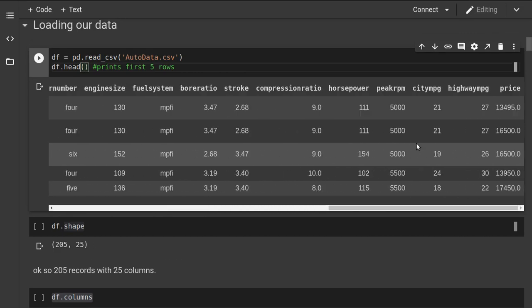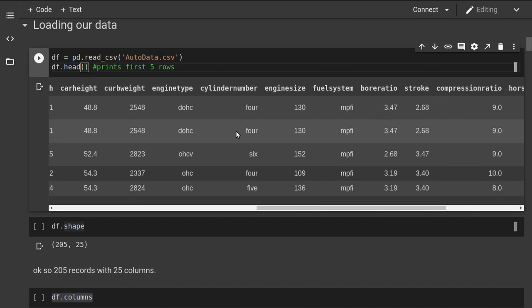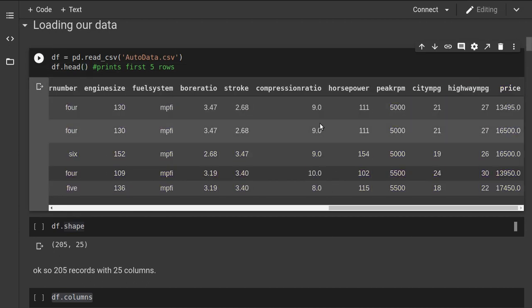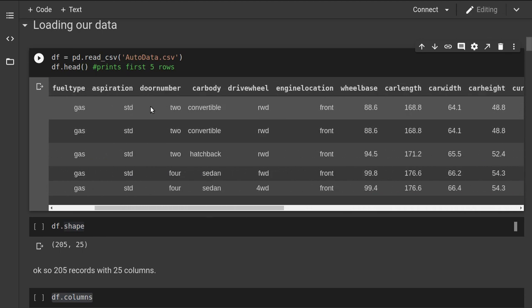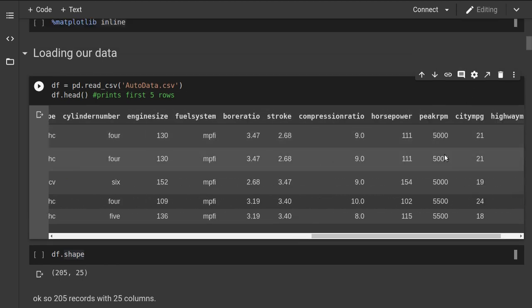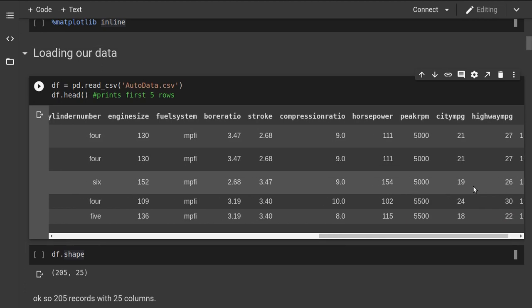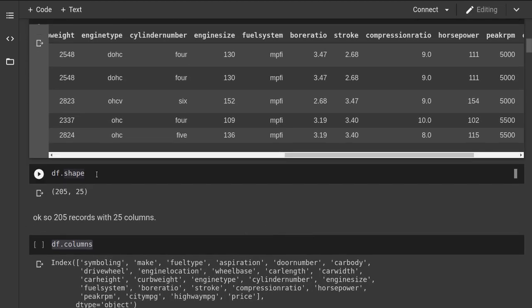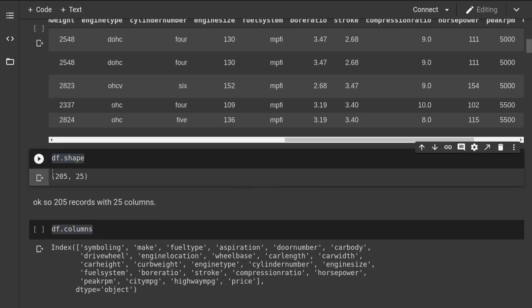Here you can see there are a lot of columns, and the final column is price. So these are the feature columns, the first 24 columns, and then there is a price column. Then I did df.shape, which gives me the dimensions of my data. So there are 205 records with 25 columns in each. So it is like a 200 by 25 size data frame.